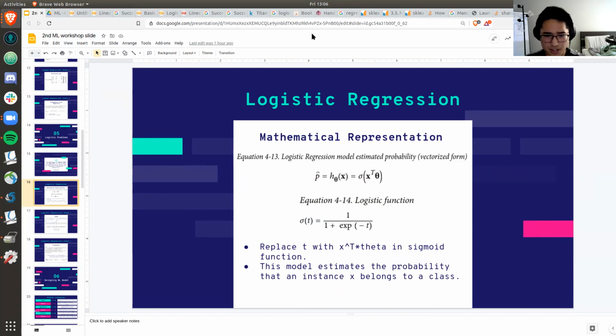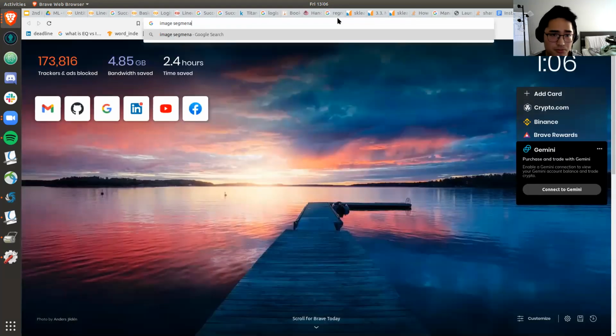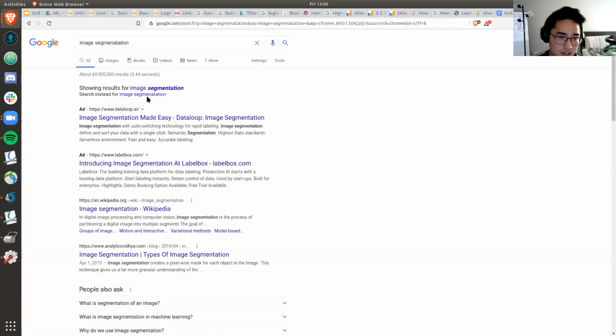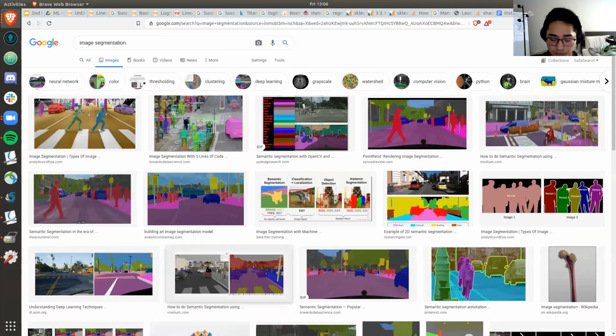Logistic regression is also important in neural networks when you're trying to classify class probabilities for image segmentation. This is something that a lot of companies like Waymo, or Tesla, use; it's what the autopilot uses when it controls the cameras.